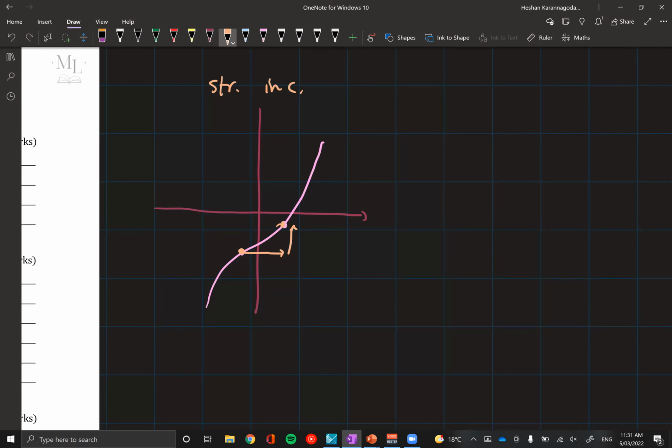Now, strictly decreasing is obviously the complete opposite. If you have a graph and you move right, it just goes downwards. We could draw the reflection of this. If you move to the right, you can see that the y value always goes downwards. This works for any combination of x values where one is bigger than the other. Any questions? Leave them in the chat.